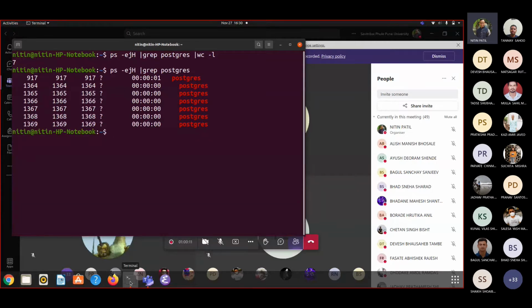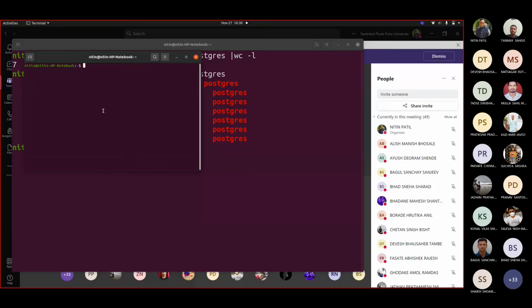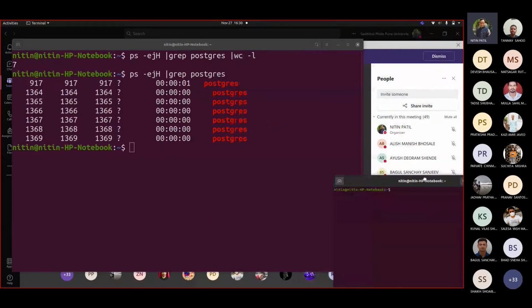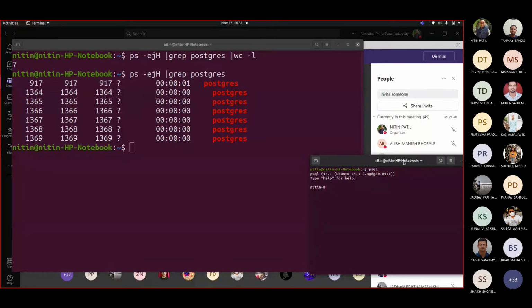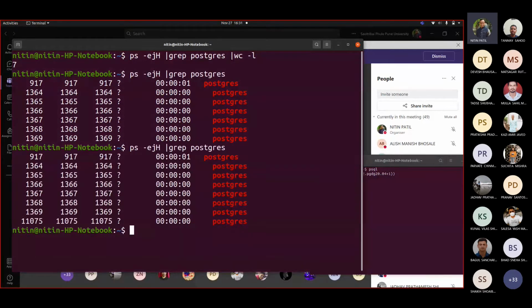Okay, let me type on another terminal. Let me simply open psql here. Okay, now let me fire this. Now how many entries are there? They became 8.